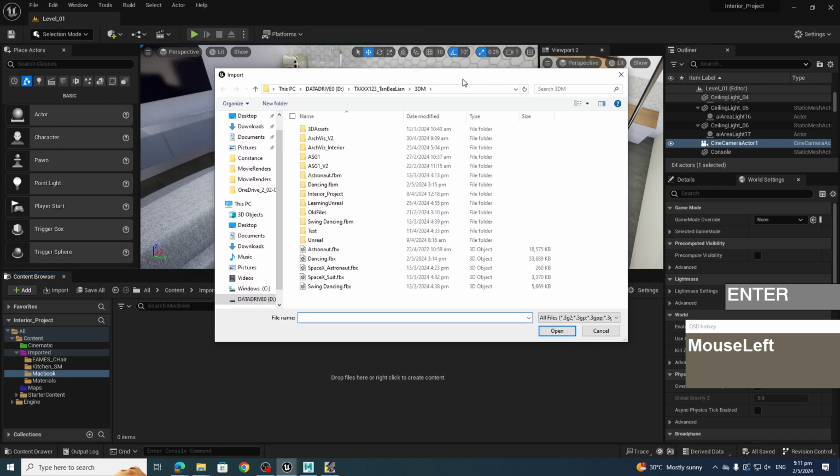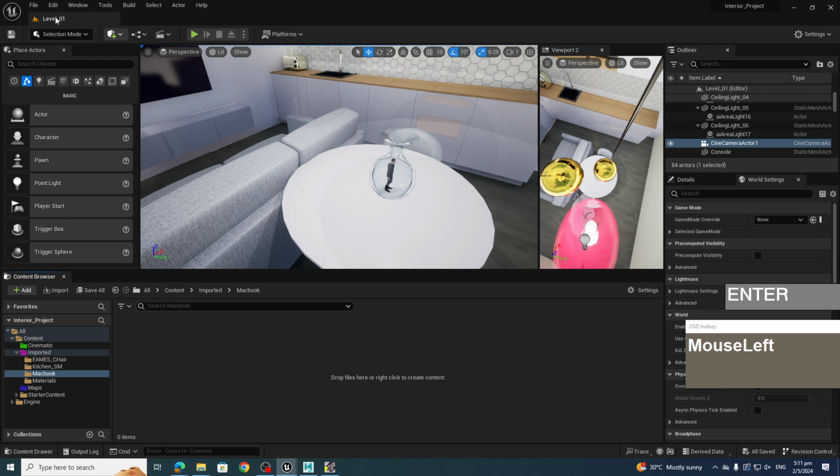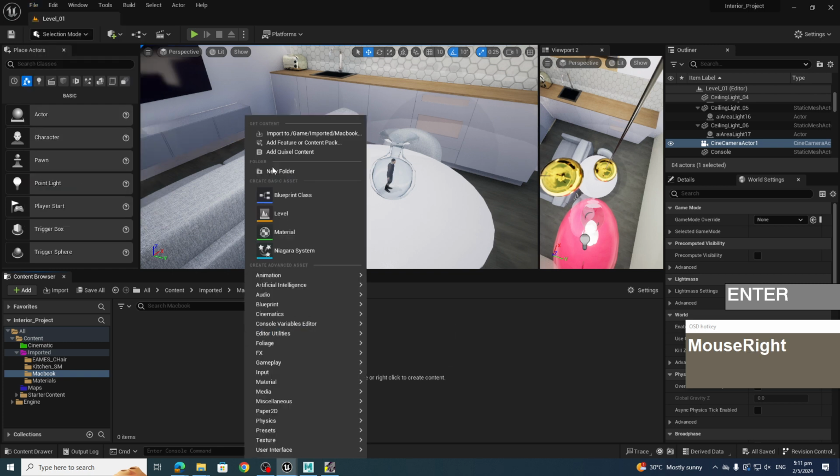notice this is a different way of importing. Rather than import file, then import scene, the previous method you learned is import into level. Now, if you want the blur to be even more extreme, I'm going to right mouse click, import